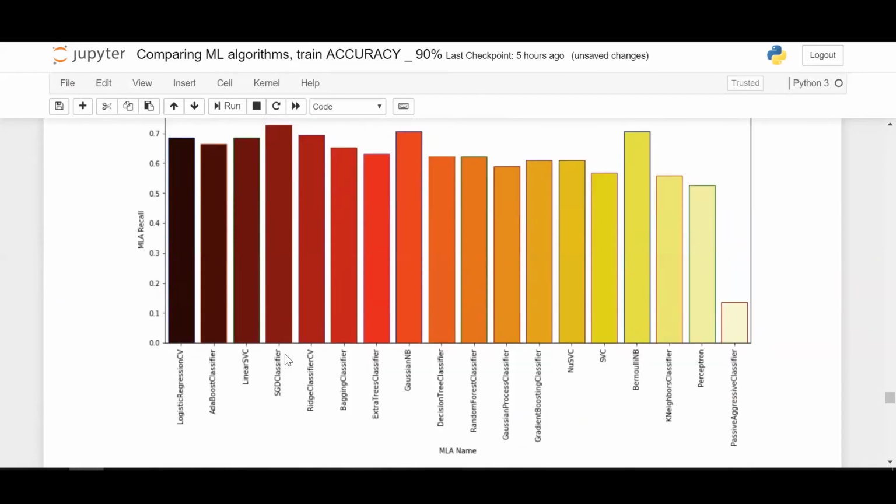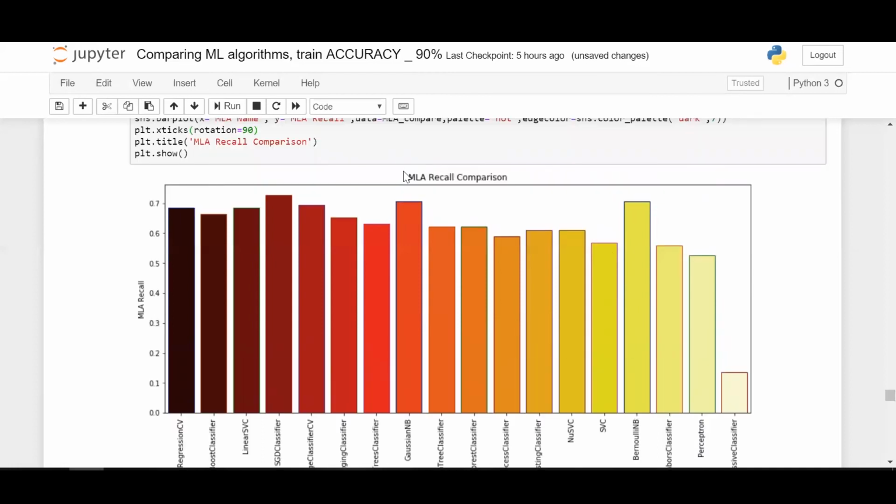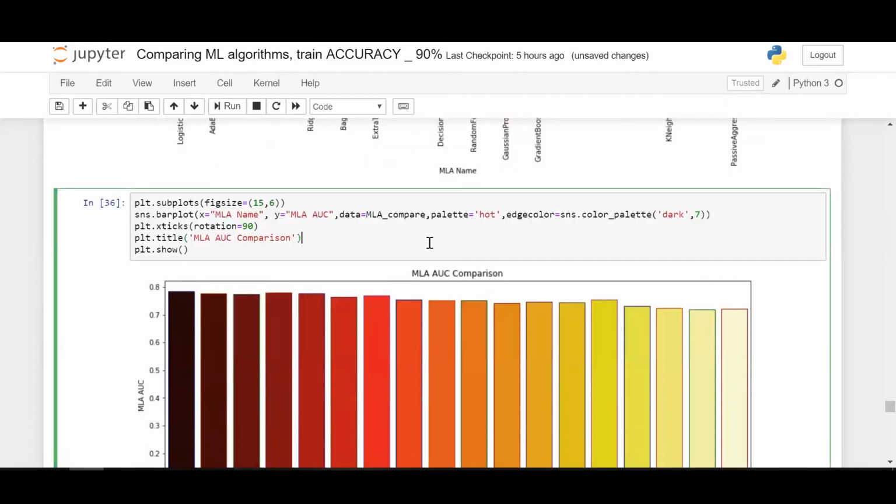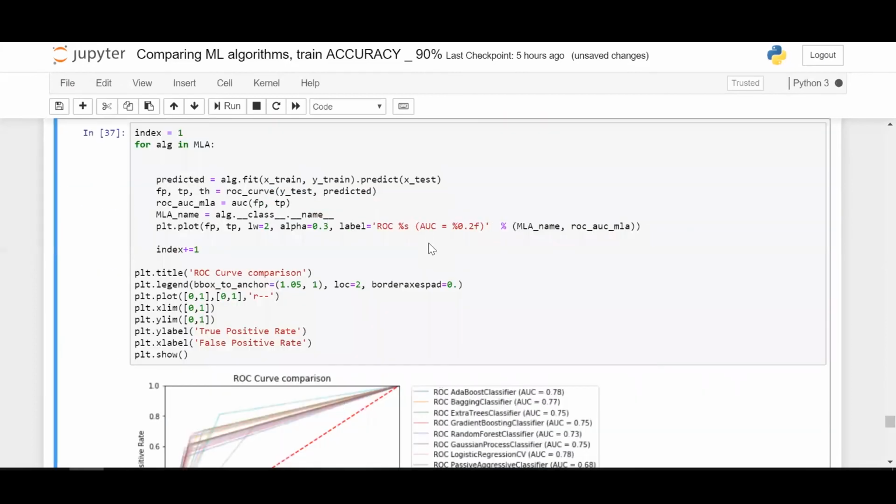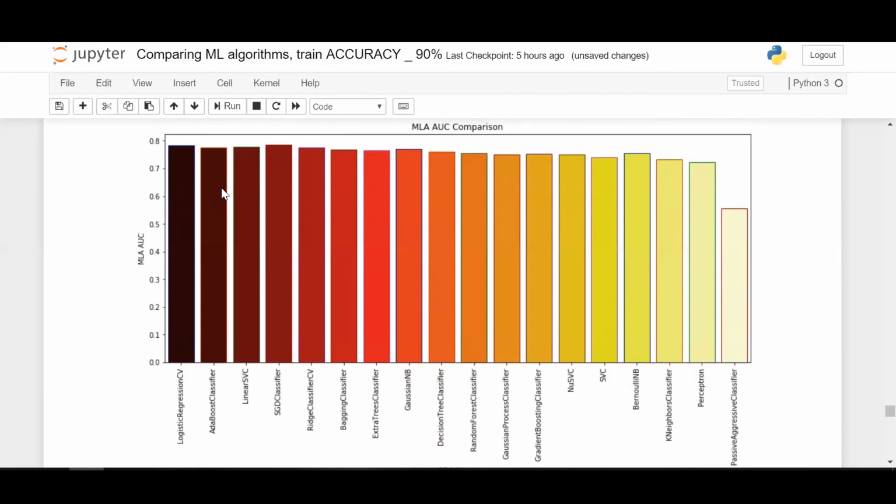We have SGD here, which is stochastic gradient descent, and Bernoulli naive Bayes, which is quite high, along with Gaussian naive Bayes in recall values. Next, let's check the area under the curve. It's almost in descending order. You have logistic regression and SGD being the highest, and passive aggressive has the lowest area under the curve.